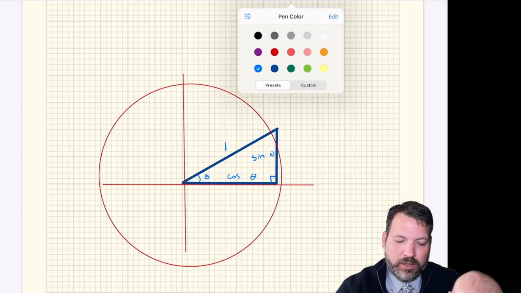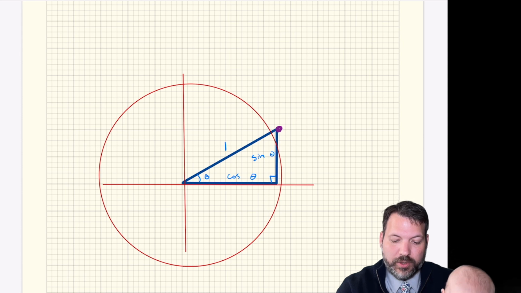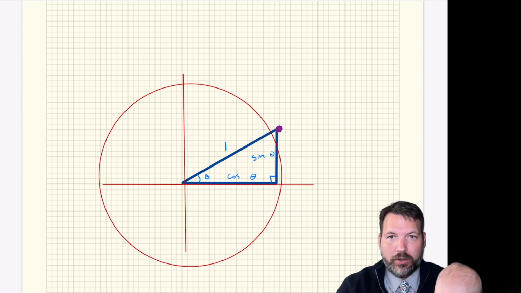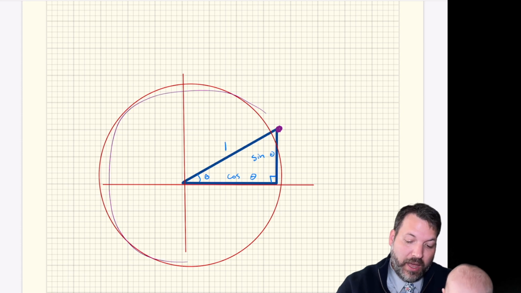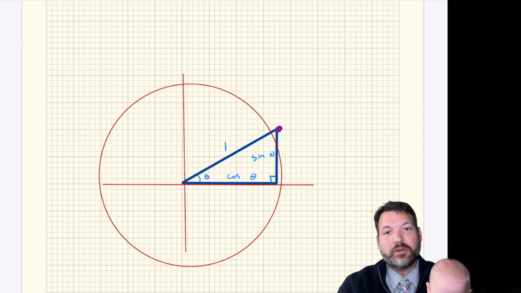And the way that the unit circle works is it relates sine and cosine not necessarily to certain ratios between adjacent, opposite, and hypotenuse lengths in a right triangle, but instead literally to the x and y coordinates of some ordered pair along the edge of the unit circle. That is the circle that has radius 1 centered at the origin.